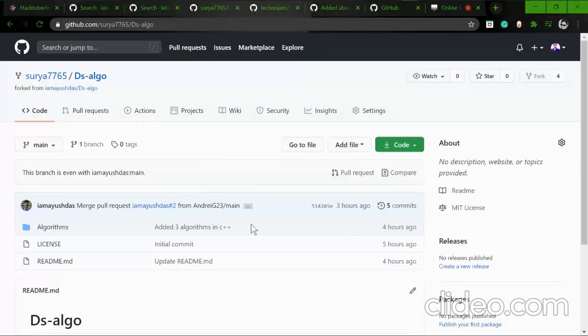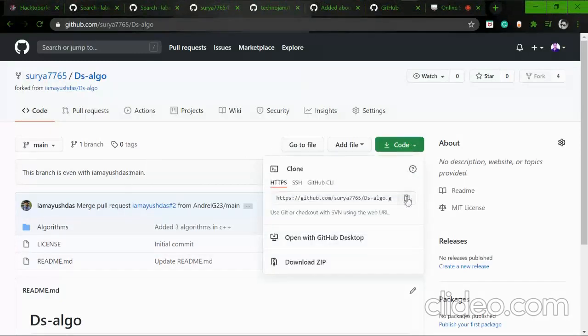So how can I change it? You can drag and drop whichever files you want. But I am going to use Git Bash here, and for that I need to clone this repo onto my computer.